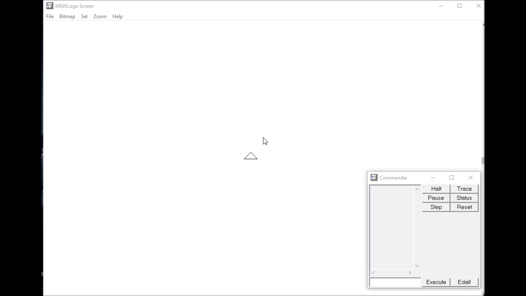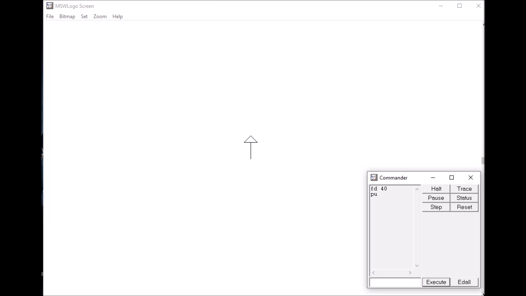So let's see it practically. Suppose I write FD 40. It's very simple, like we have done till now. The turtle has moved forward 40 steps. Now I want to make a dashed line and leave some space here, so I will do PU, that is pen up. PU and PD do not have any numbers with them.